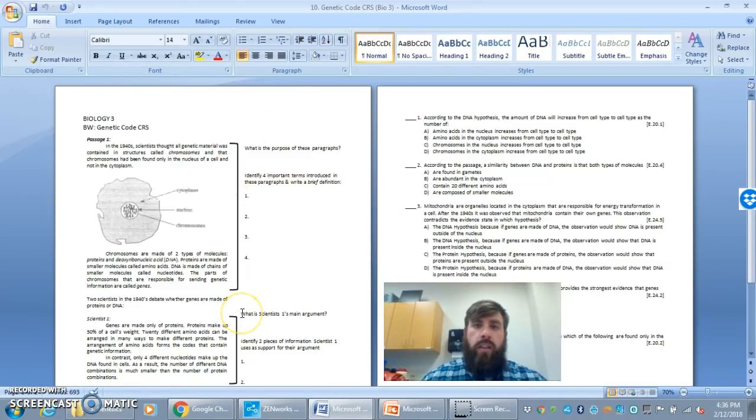Then once you've read the question, so this is practice for our CRS. This is how we're going to break down passages. We have two scientists. They have different opinions. This is one of our conflicting viewpoints type of CRS. So read these questions on the right-hand side. Once you've read these questions, then you're going to read the information on the left, answer the questions on the right,